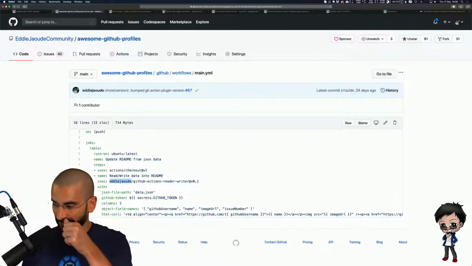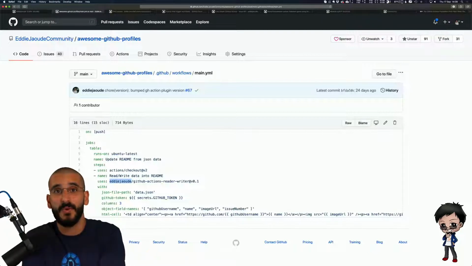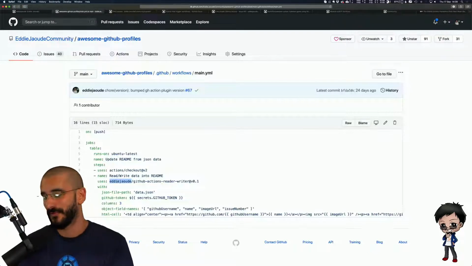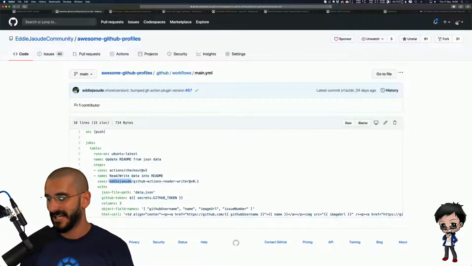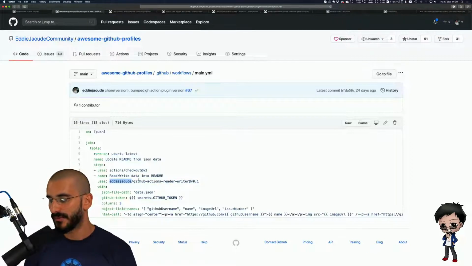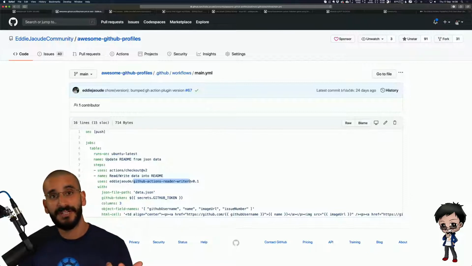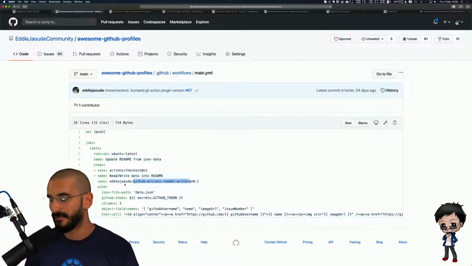So that's actually out of date. I transferred that to our community. There's another bug. This is why I love working with you all, because we find so many issues and so many improvements. Who wants the green square? Can someone raise me an issue, please, and say, update this line? Because that should say Eddie Jowd community, because it's under our community organization now. I moved it from mine. And in fact, that name is also wrong. It's interesting. GitHub must be doing a redirect because that's where it was, and what it was named before. So that's really interesting. So thank you very much, GitHub. But we need to fix that.